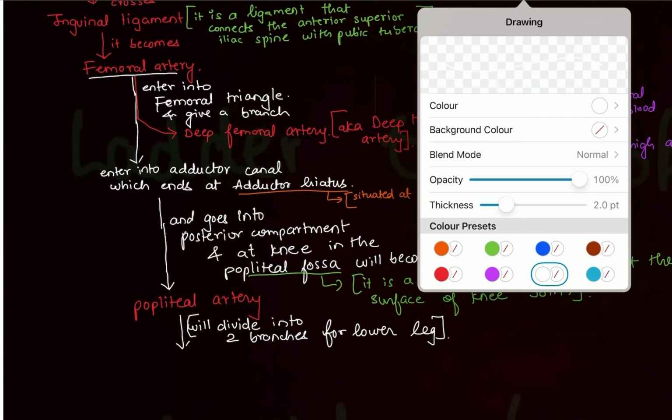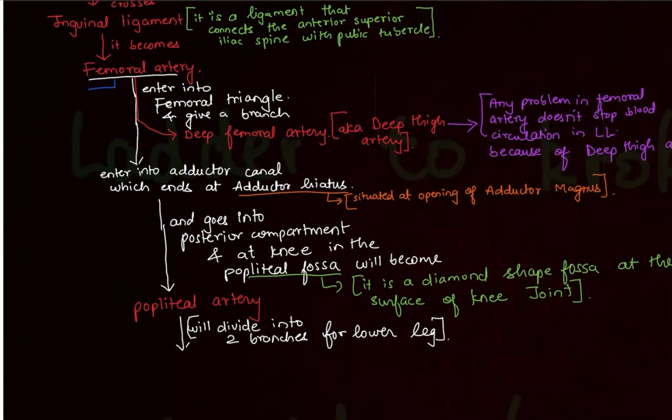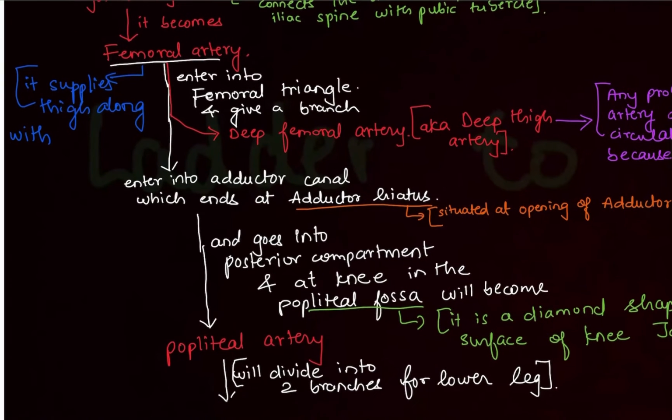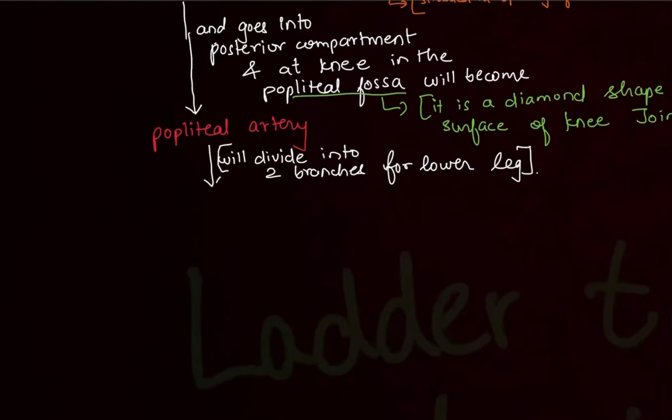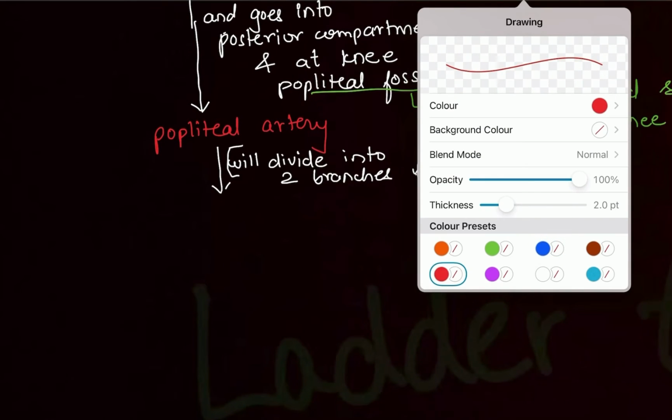So who is the main artery in the thigh? Femoral artery. So write down this important point regarding the femoral artery, that it supplies the thigh along with a few other branches. I have written here the main arteries and main points which are related to the thigh. There are a few more arteries, femoral circumflex arteries and many more, but that's not important. Write this point. Now we are moving on to the lower leg. Till the thigh we know the arterial supply.